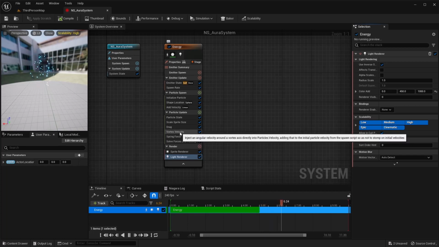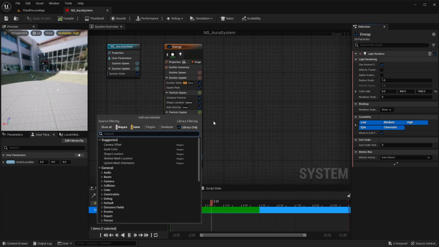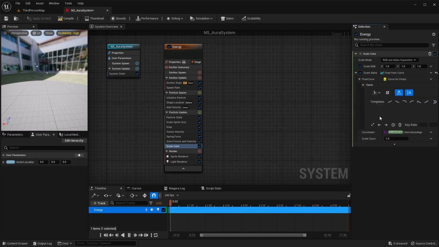See if I forgot anything. We can also add a scale color. And for the scale color, really I just kind of want these to fade over time. So I'm just going to do a float from curve. And inside of this curve, I want it to start high like this and then go down.